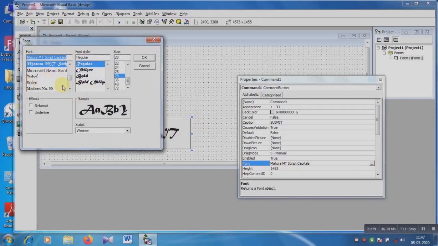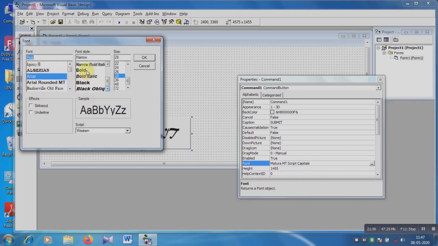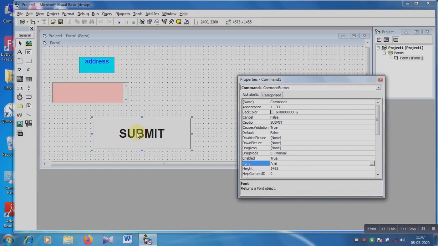Okay, I am changing to a different font style. Suppose Arial, font style bold. Okay, then click on OK. This is the submit, and then